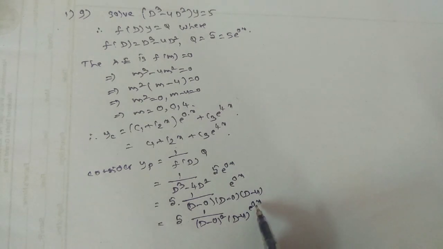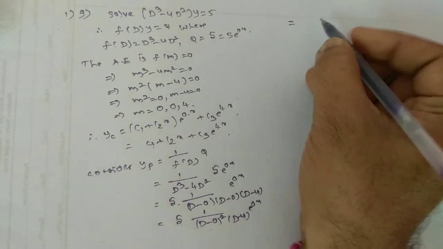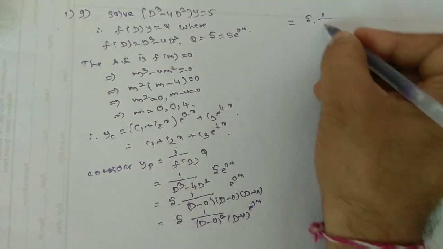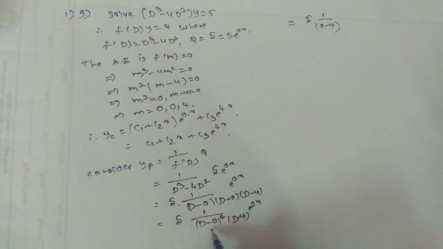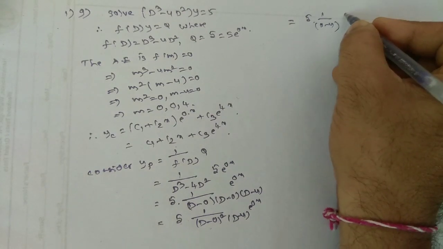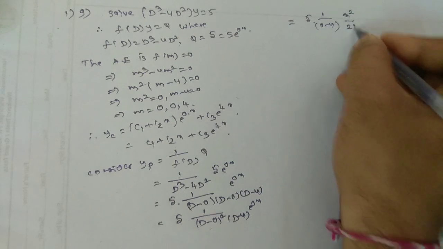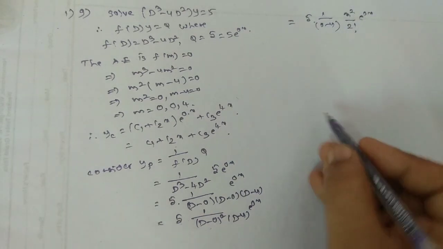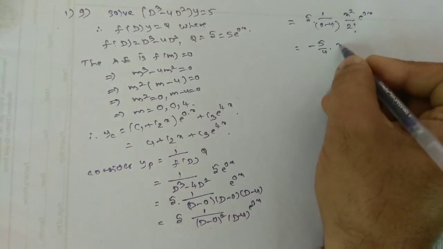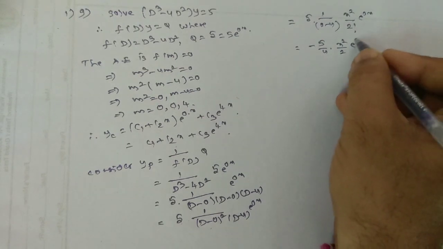You are substituting this a value where you are getting non-zero. So in the first term, are you getting 0 or non-zero? 0 term. So you are not substituting here, but you can substitute here. So this is equal to 5 as it is. I am substituting only in that factor where you are not getting 0. 0 minus 4. And what do you think about this value? This can be taken as per the formula x to the power of k, that means x to the power of 2 divided by 2 factorial. This e power 0x you can write as it is. So finally you are getting minus 5 by 4, it is only x square by 2, e power 0x as it is.